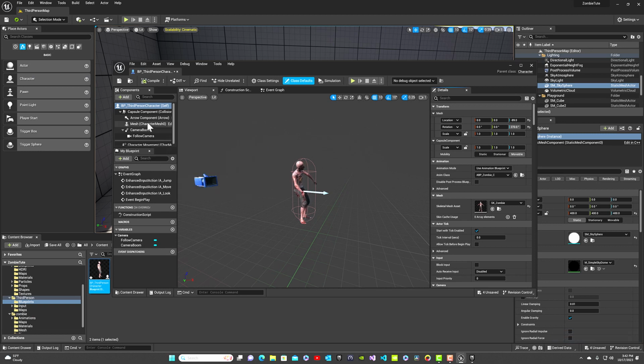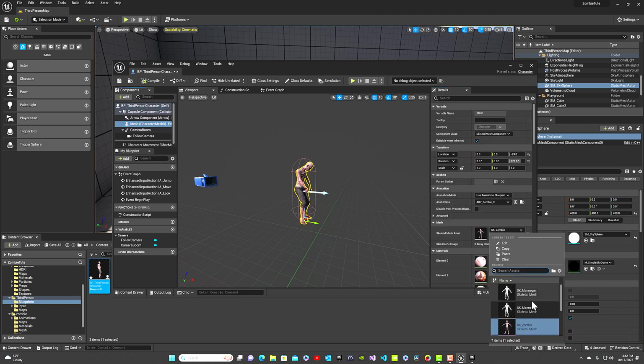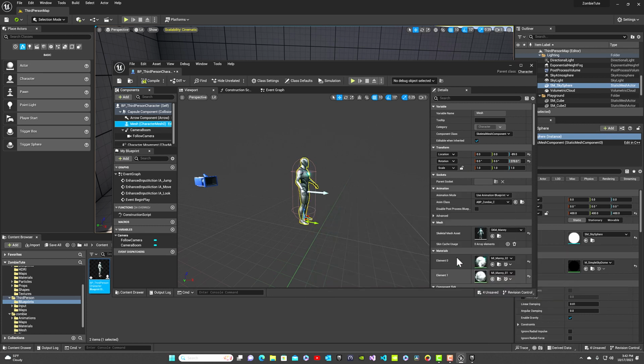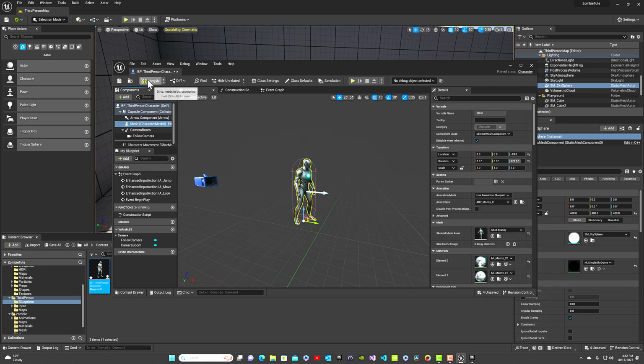Right? No, maybe that's not working. So mesh, we'll set our mesh back to, I guess, Manny. And we'll use our Manny blueprint, compile and save. I just hit undo a whole bunch of times. I hope I didn't undo anything important. So let's,